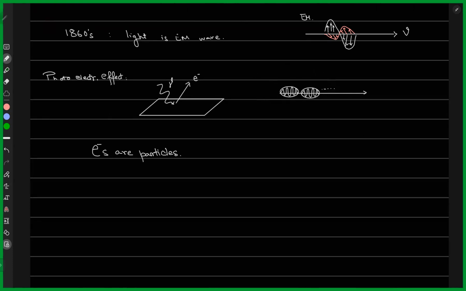And how do we detect these photons? One way is just by looking at them. Our eyes are a very good detector of photons. If you have a room that is completely dark, you'd be able to see light if there were only as little as 10 photons hitting your retina. So you would be able to detect that there is some light. Your eyes are very sensitive to light, and they can easily detect as little as 10 photons.